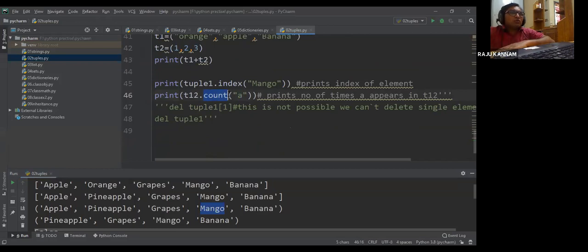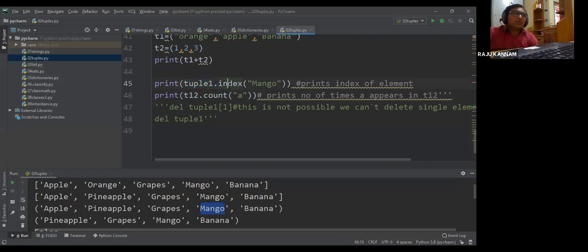Remember, if you want to use the methods of the tuple class, you have to mention the tuple name, then a dot, then apply the method, right? So here the tuple name is T12, then apply count. The corresponding object name, dot, and the method we have to access.